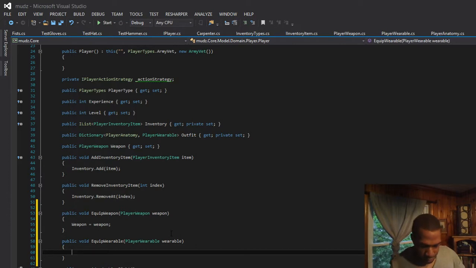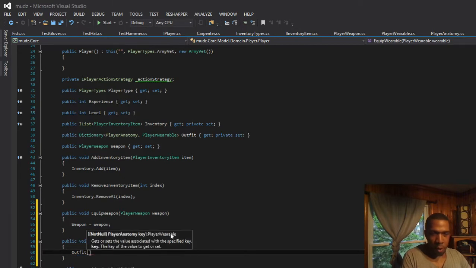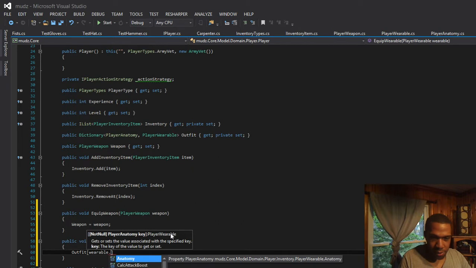And we'll need to make this smarter later on, but for the time being, we're going to take advantage of the fact that every wearable has to define where it goes. We're going to go to our outfit. We're going to go to the index of the wearable dot,